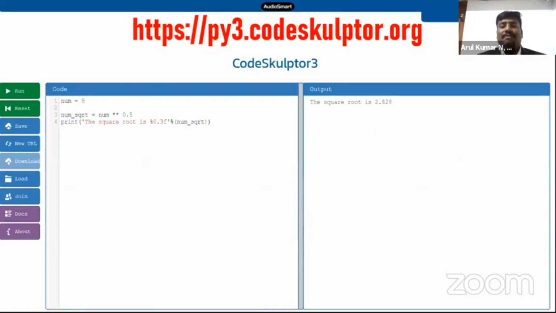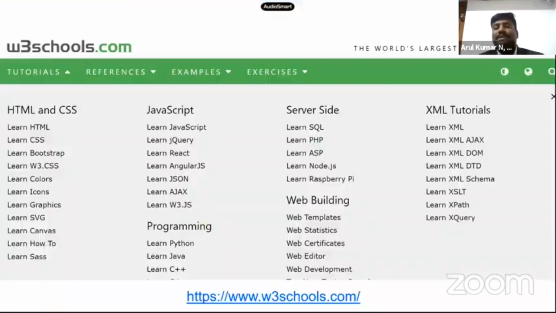So here, I have a good example called codesculpture.org, which is an online Python interpreter, where you can use this interpreter online. So you can suggest to your students, see, if I'm a smartphone user, I need not go for software to edit the file or to run the program. I can also suggest my students websites that have an interpreter for different languages. They need only the mobile with a data connection, and they can execute the languages on different platforms.